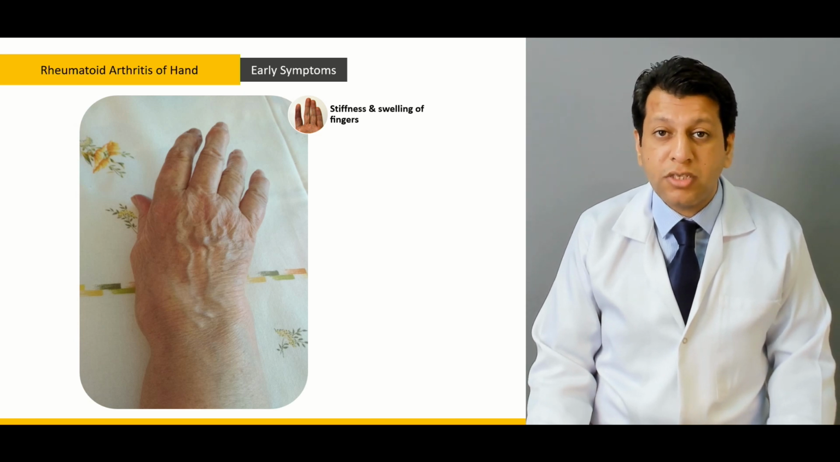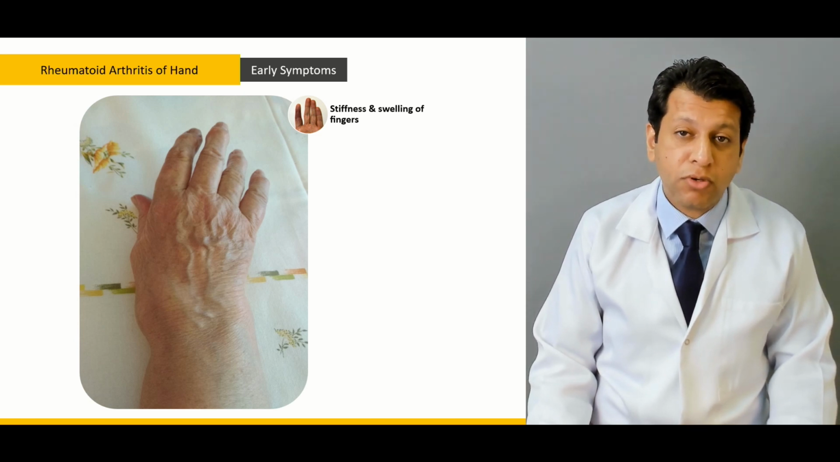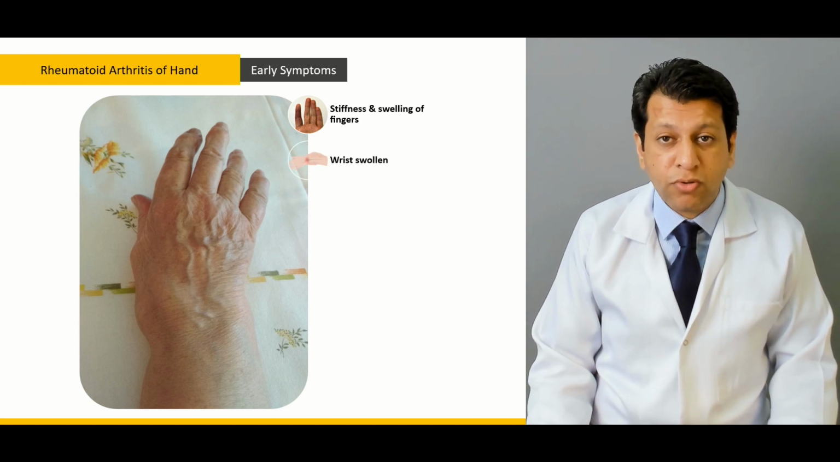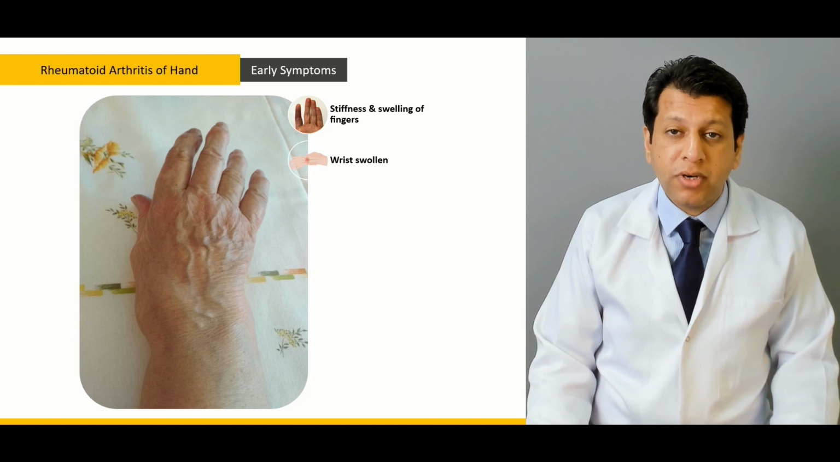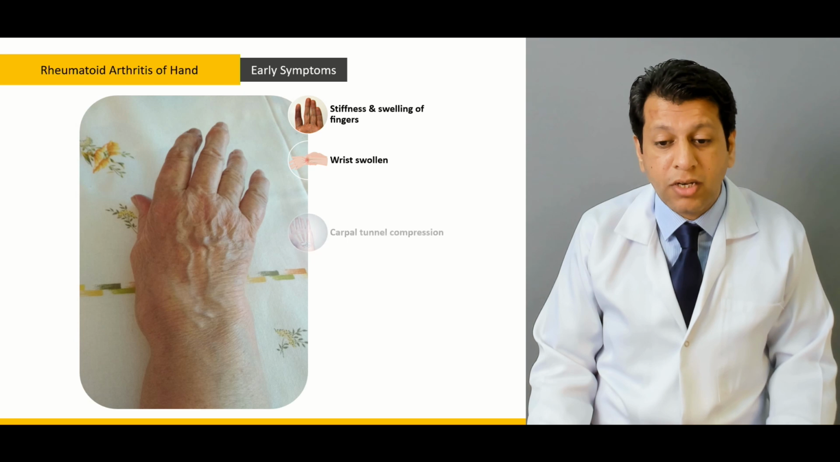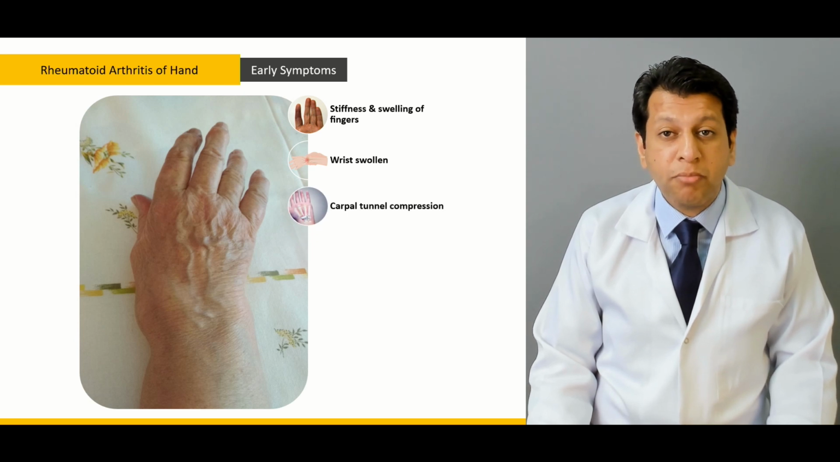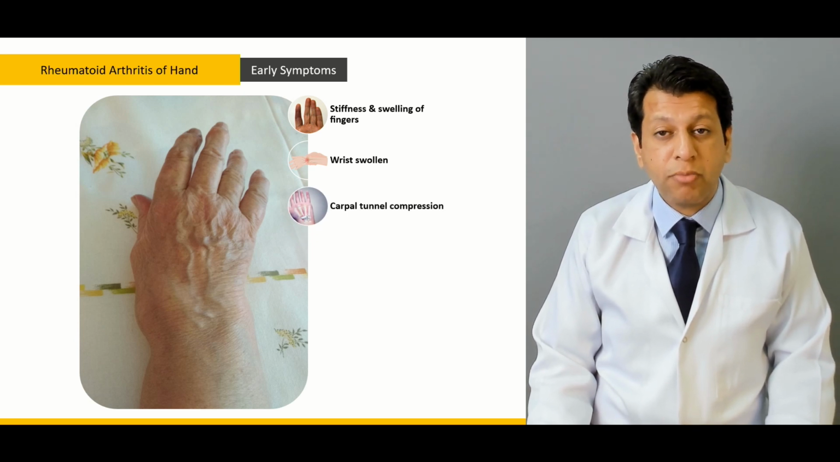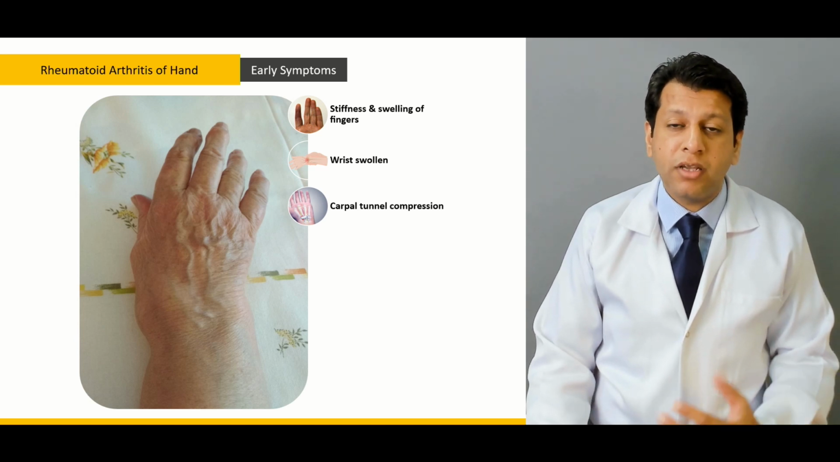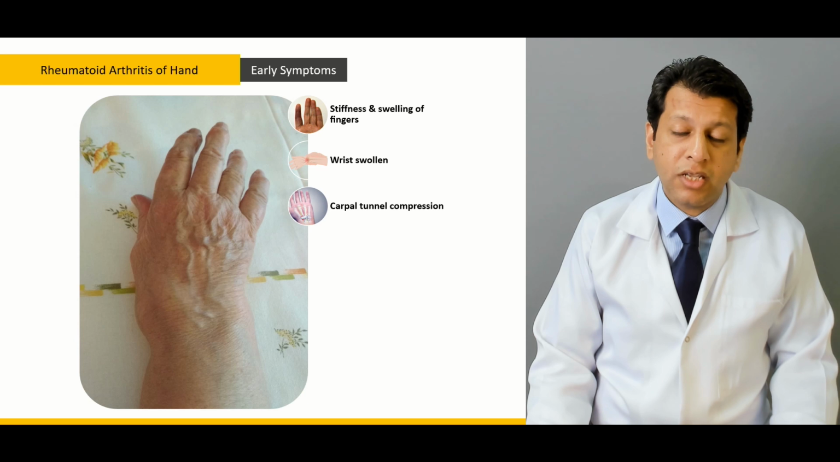Usually the early symptoms include stiffness and swelling of the fingers, which is very common, and a history of morning stiffness which may last more than 1 hour. There is specific swelling because of the carpal bone involvement. There is wrist swelling itself, sometimes associated with wrist deviation as well. There is carpal tunnel compression, which may lead to carpal tunnel syndrome, with numbness of the palmar aspect, atrophy of the thenar eminence, as well as